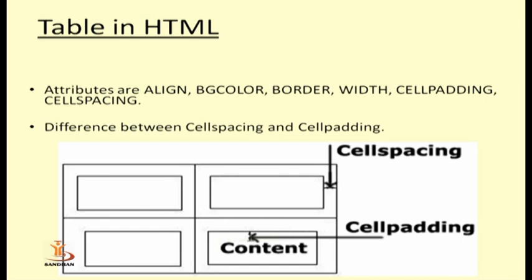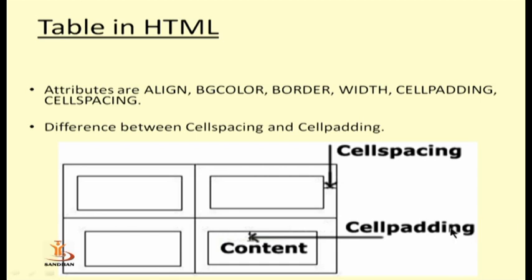And the next two attributes are cell padding and cell spacing. Now even cell padding and cell spacing require clear differentiation. So to understand the differentiation, in the below figure I have shown both of the parts. See, here is a 2 by 2 table, that is 2 rows and 2 columns. Here when you have some content, the content would appear in this block, and this is the border portion. So cell spacing is a kind of space which is available between your cells and the border. That is called cell spacing, the space between two different cells.